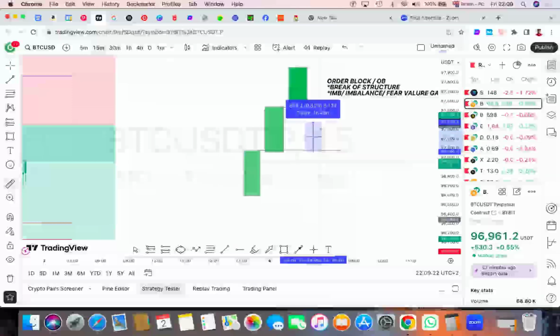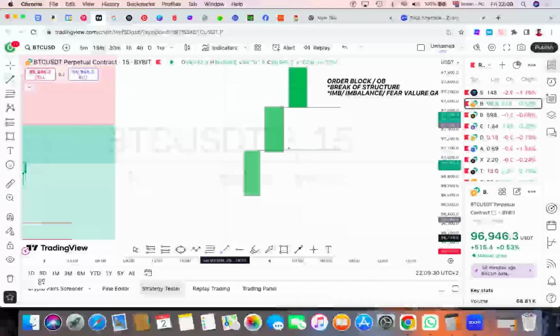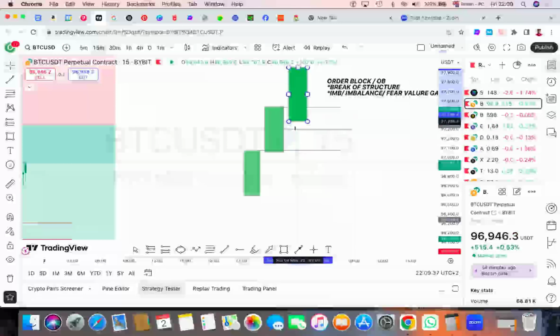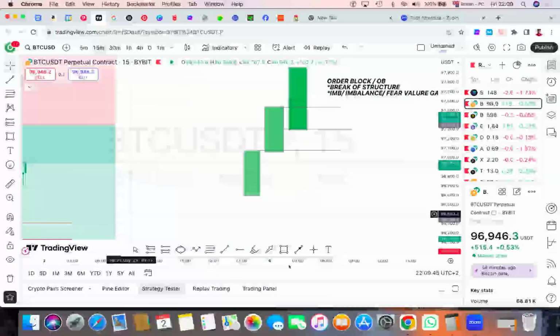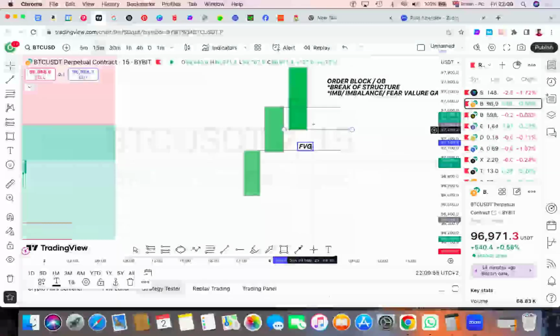But the bearish scenario will just give you a little space within it. The space might be half of this, and you will see this candle meeting up with the body of this. This space here, you call fair value gap. So you call this FVG, fair value gap. Short form for it is FVG. You would see it's very small.